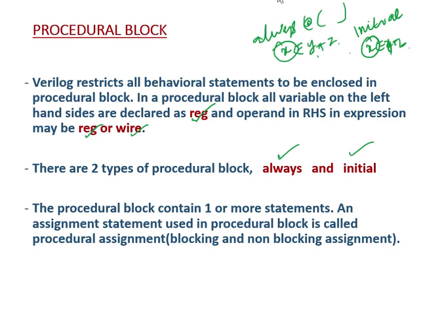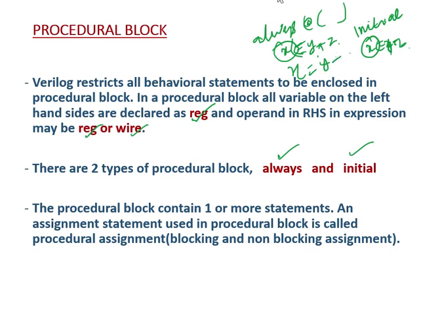So this always and initial are called procedural blocks. And a procedural block contains one or more statements. So inside the always or inside initial block, you can have one or more than one statement. An assignment statement used in a procedural block is called a procedural assignment. For example, here I am using non-blocking assignment, or you can use blocking assignment.